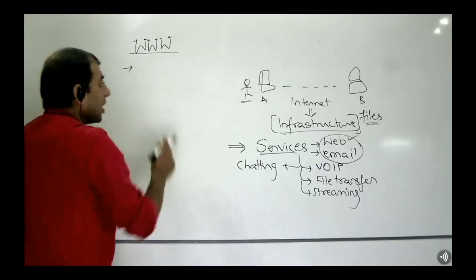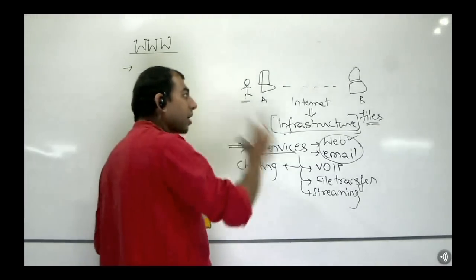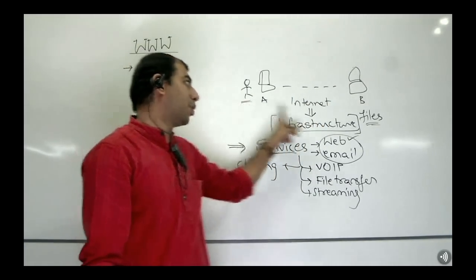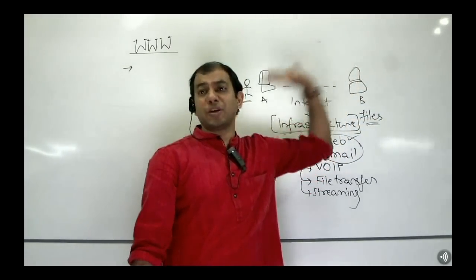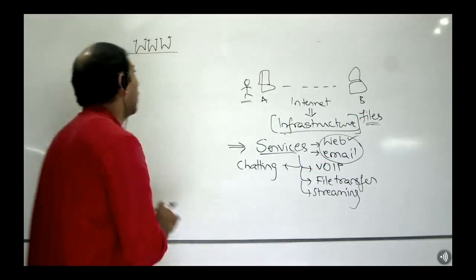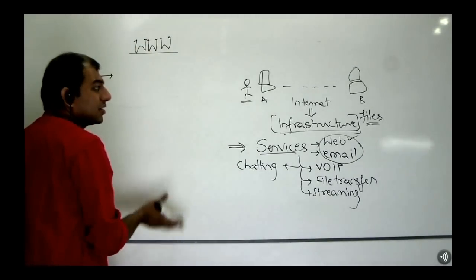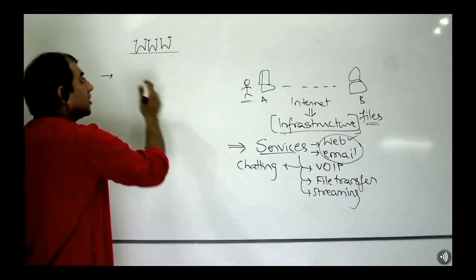Invented by Tim Berners-Lee simply to make the internet human usable. And what does the human being want? He wants to be able to access the files that are there in other machines. To be able to do this, the World Wide Web was invented. And what does it consist of? It consists of many things coming together, participating to make this human friendly.